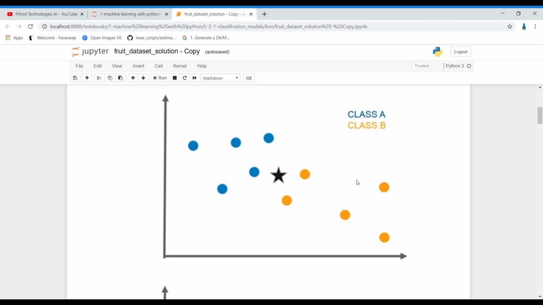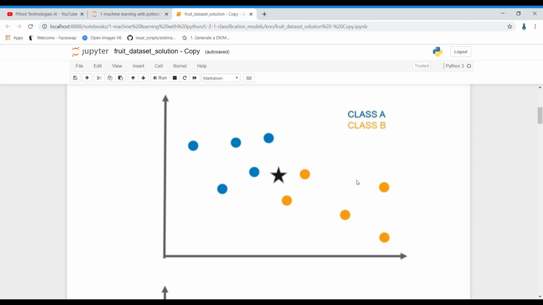Finally, we'll check the least distance, meaning which data points this new data point has the least distance with, and on the basis of the majority of data points we'll assign it one class.